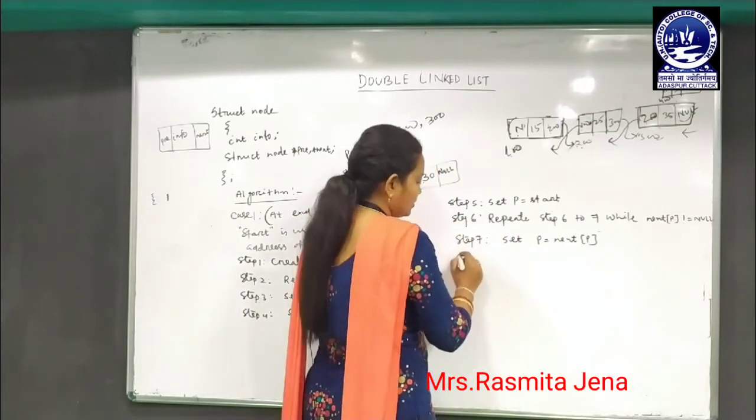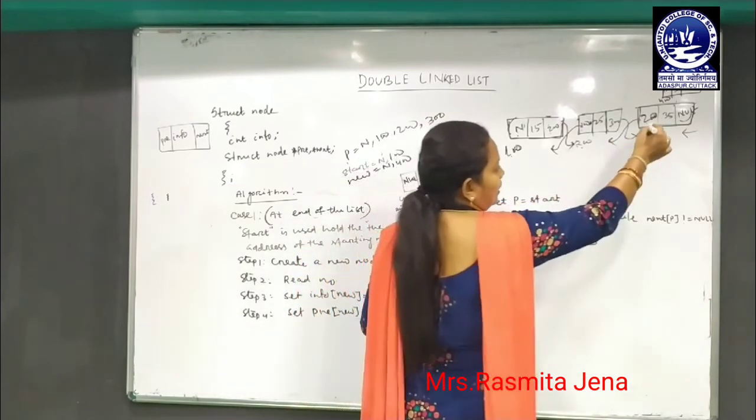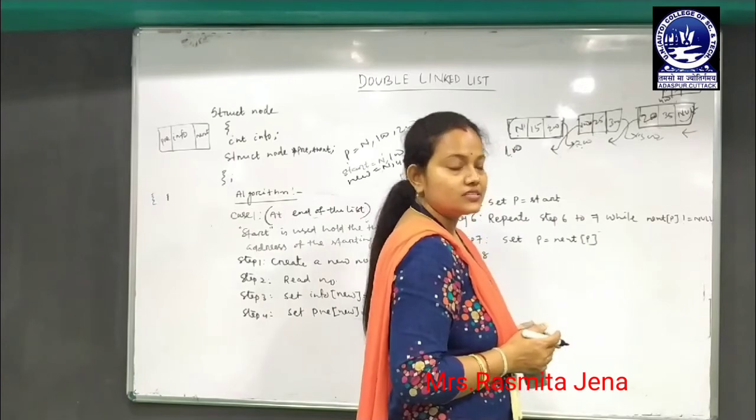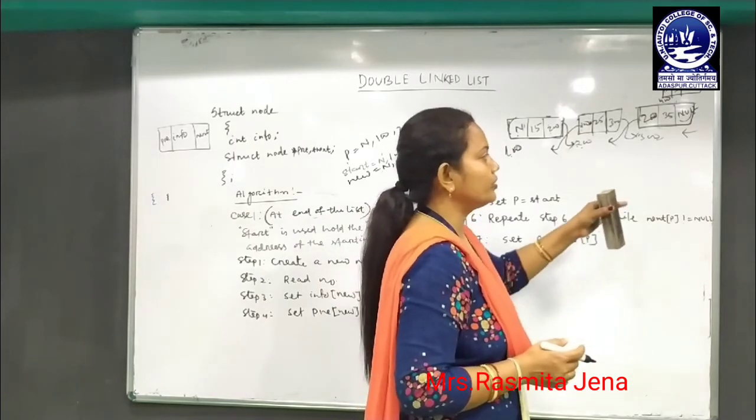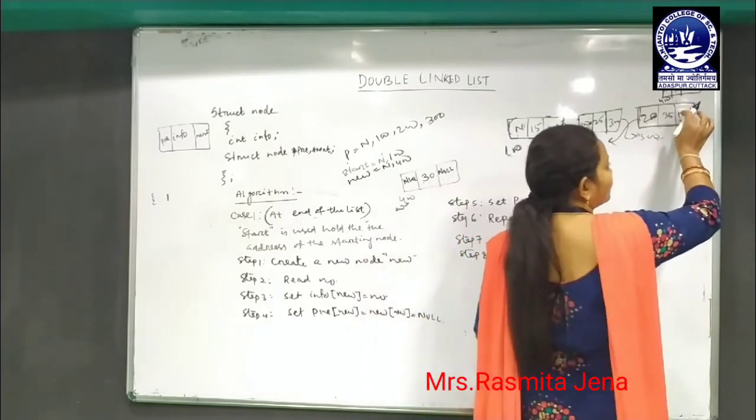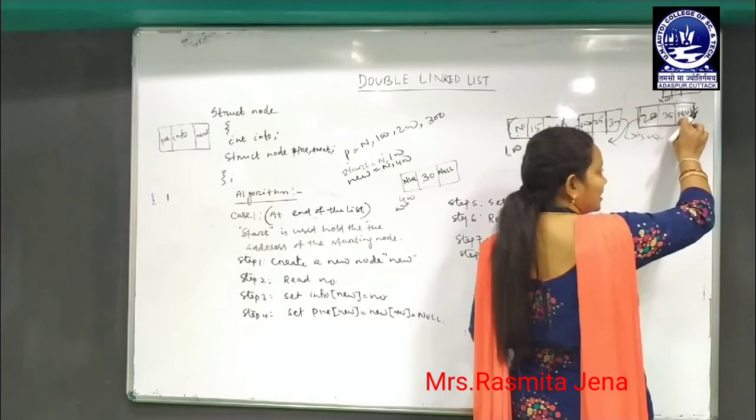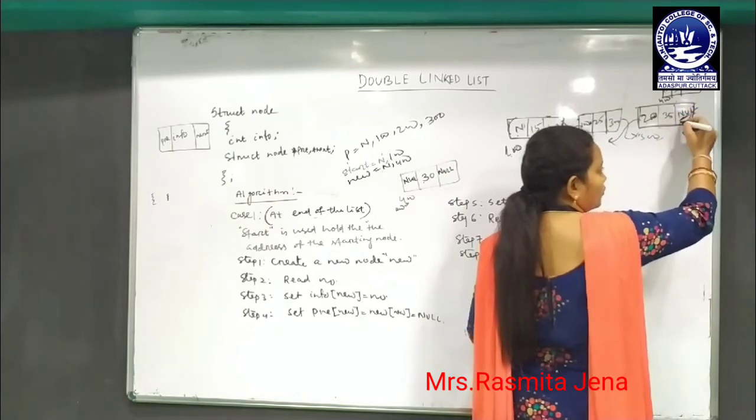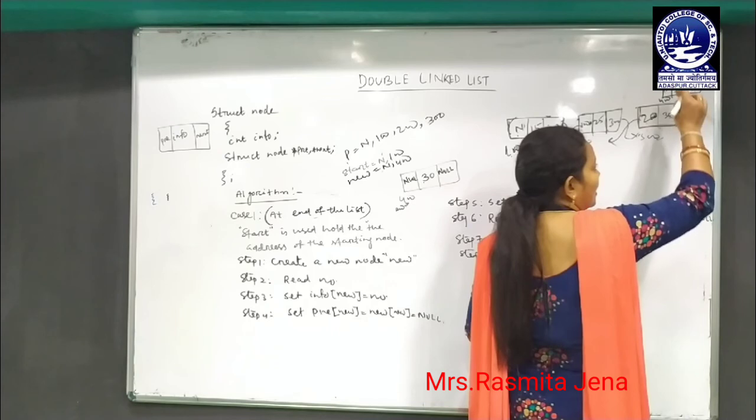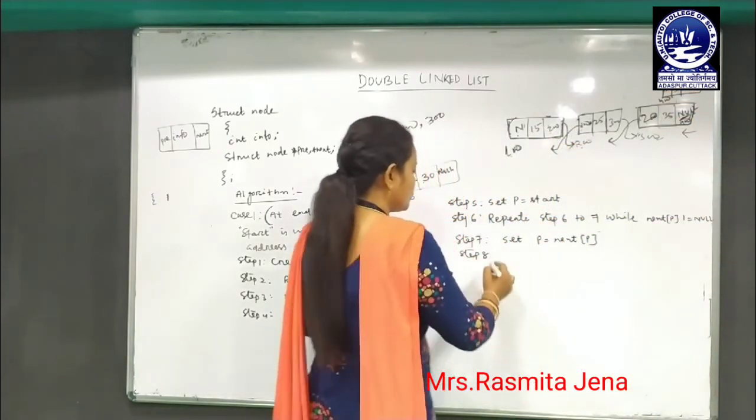Okay. Then in step 8, now we are at this location and we will link the new node with the last node of the list. That means at the last node of the list we will store 400. 400 will be stored at this location and 300 will be stored at the pre part of the new node. So for that I can write